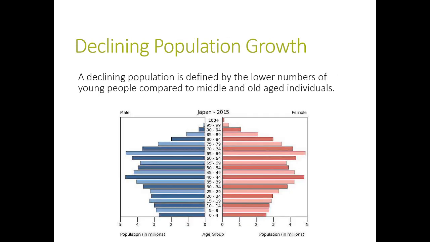So that would be a declining population. So you can imagine that every 5 years, each of these cohorts is going to move up. Now, once you get to about 65 to 69, these populations are going to drop, and that is just because of life expectancy dropping. This is all the way back related to way back when we talked about